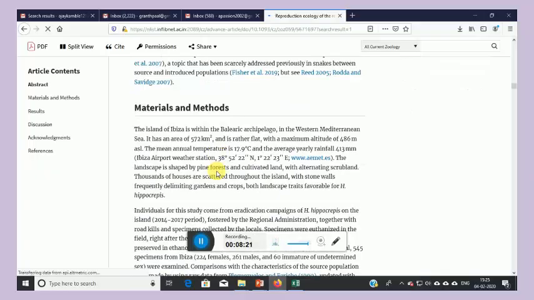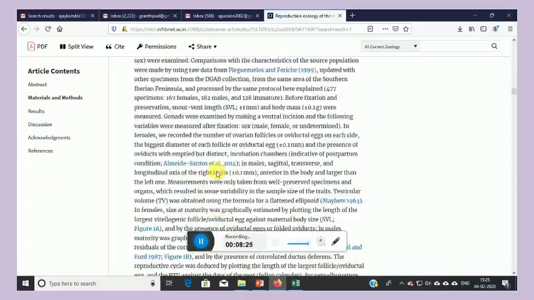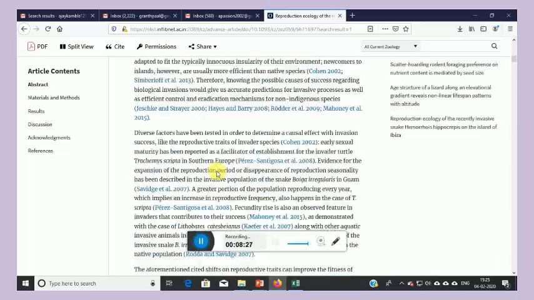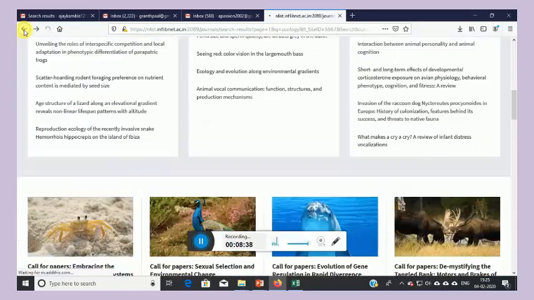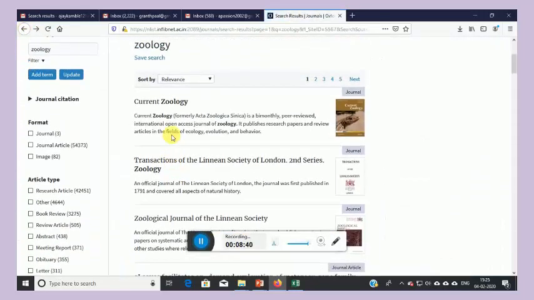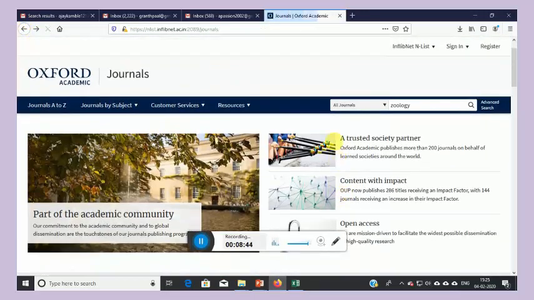You can access the full text article from there. We can see that we can access the full text article here from Current Zoology. In this way you can access all the available resources in Enlist, available in journals, e-journals as well as e-books.